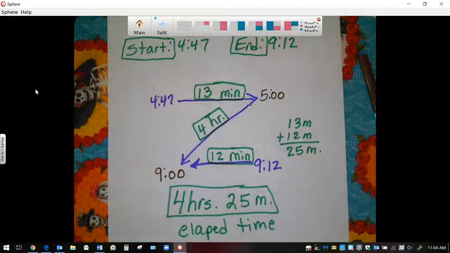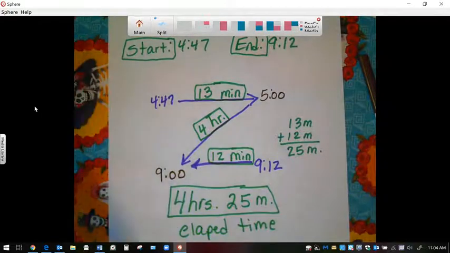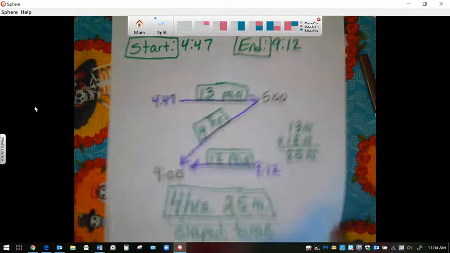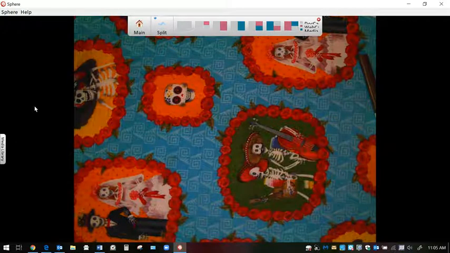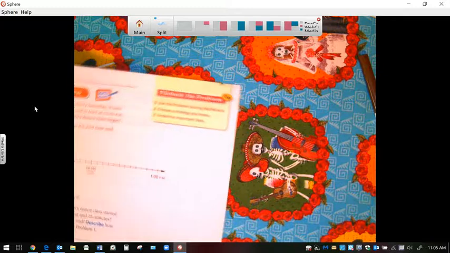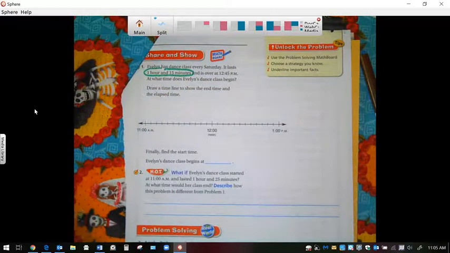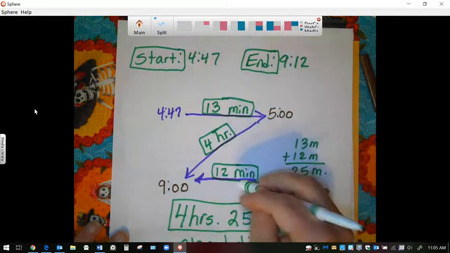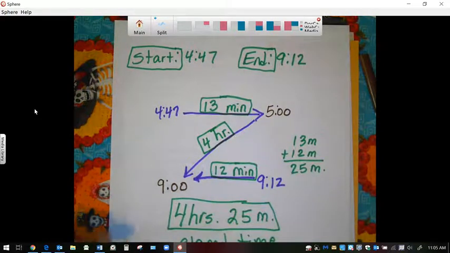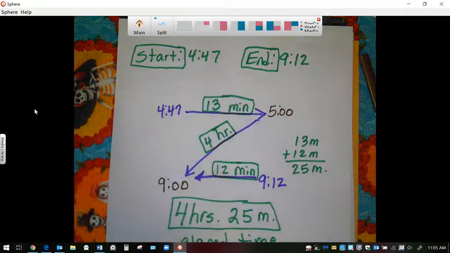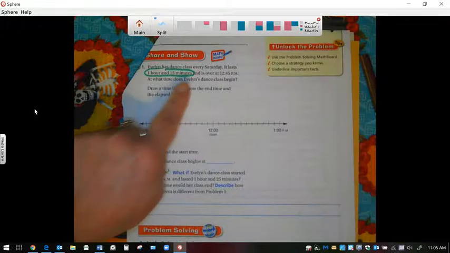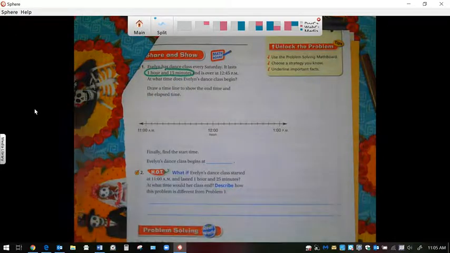All right, so in your workbook page, I am going to look at number 1 on page 571, right here. Now you will see that this problem tells you that it lasted 1 hour and 15 minutes. Well, since they already gave you the hours and the minutes, we can't use the Z strategy. Most of your assignments, you can't use the Z strategy. That's only if it gives you the actual times. So when it gives you the hour and the minutes, you're going to have to use the mountains, hills,